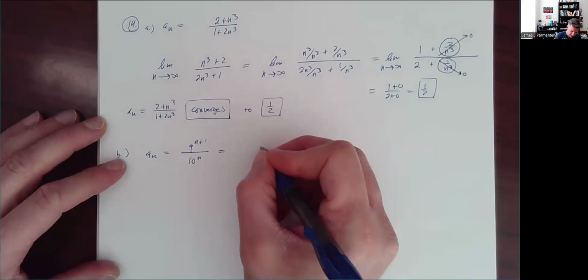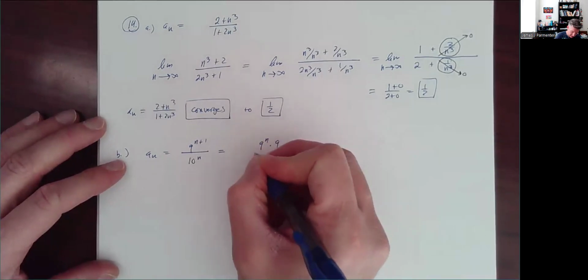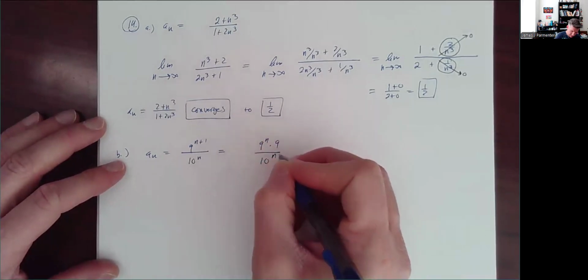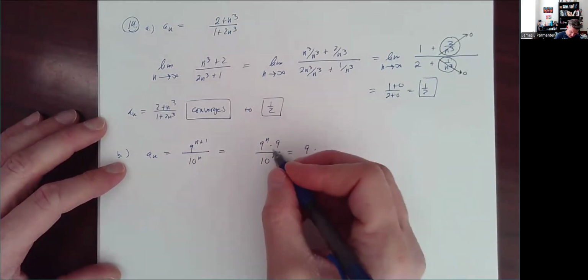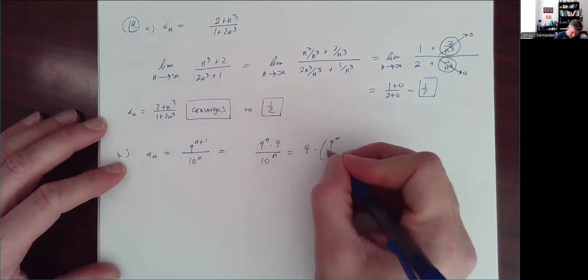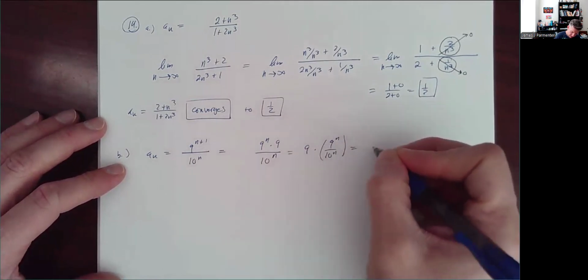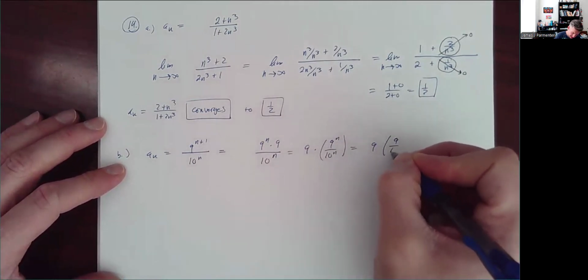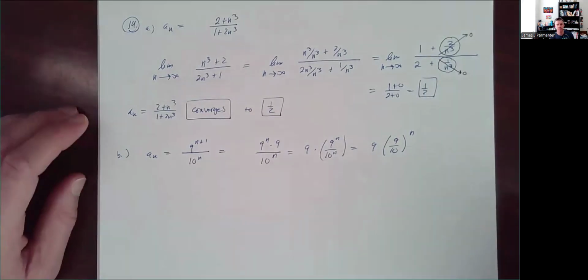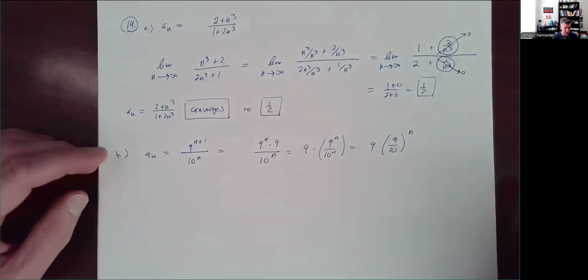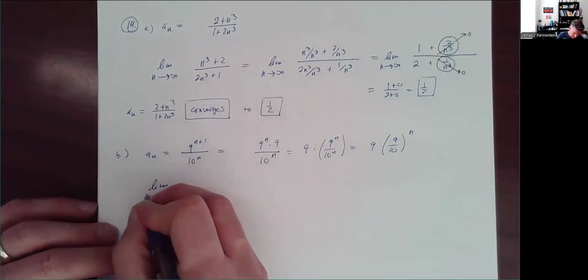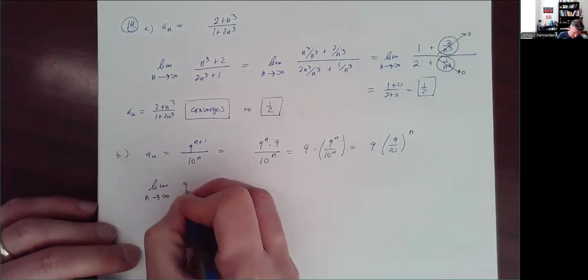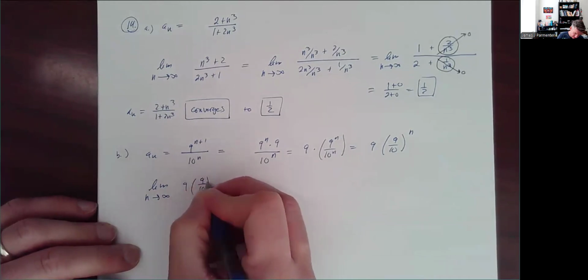So I'm going to write this as 9 to the n times 9 over 10 to the n. I'll put this 9 out in front, and then 9 to the n over 10 to the n, I could rewrite as 9 over 10 to the n. And now we're asking, does this converge or diverge? Well, if we take the limit as n goes to infinity of 9 times 9/10 to the nth power,